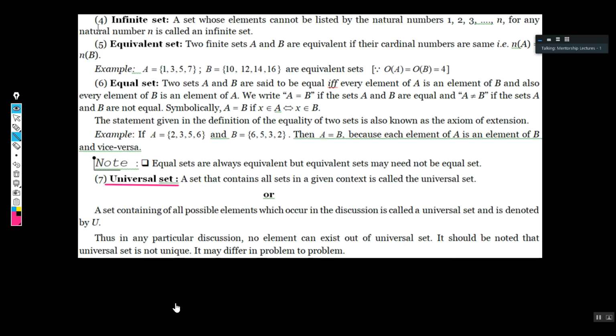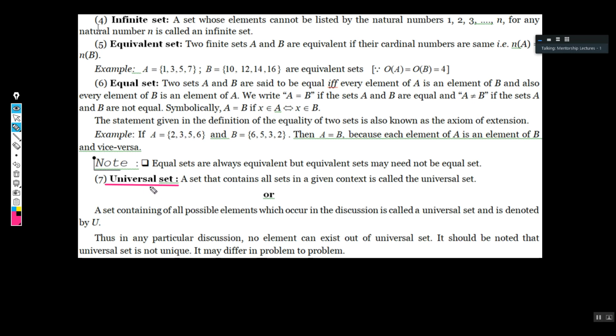So, all these 8 constitute a universal set. Now, if a game is played by two teams yesterday, that will be an element of the universal set. That will be taken as a subset of the universal set. That means universal set consists of all the sets. So that depends again on the context.